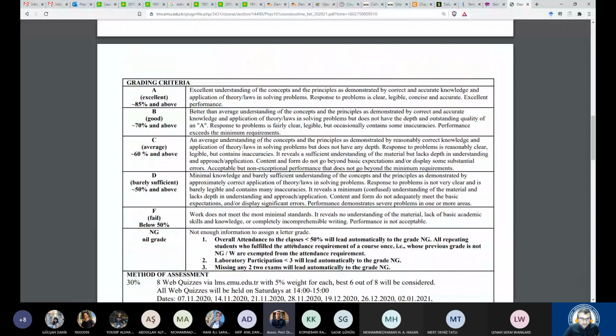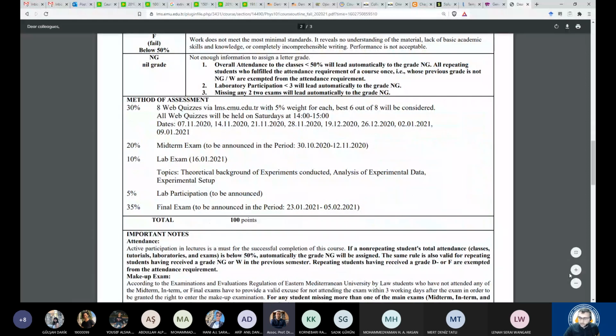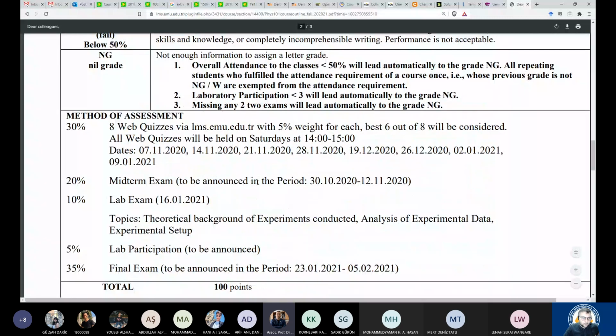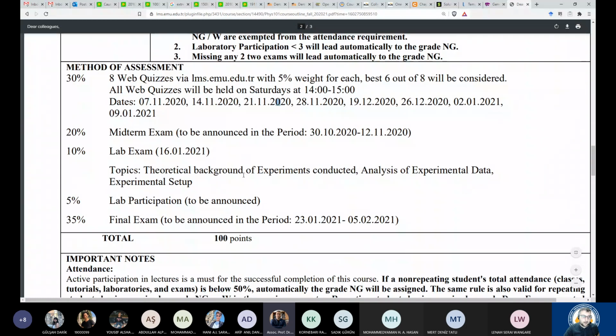here you can see the method of assessment. So there are 8 web quizzes and we choose the best 6. Okay, so all quizzes will be held on Saturdays from 2 o'clock until 3 o'clock. The first quiz will be on 7th of November. Okay, don't forget. Here you can see all the days of the quizzes. And the first